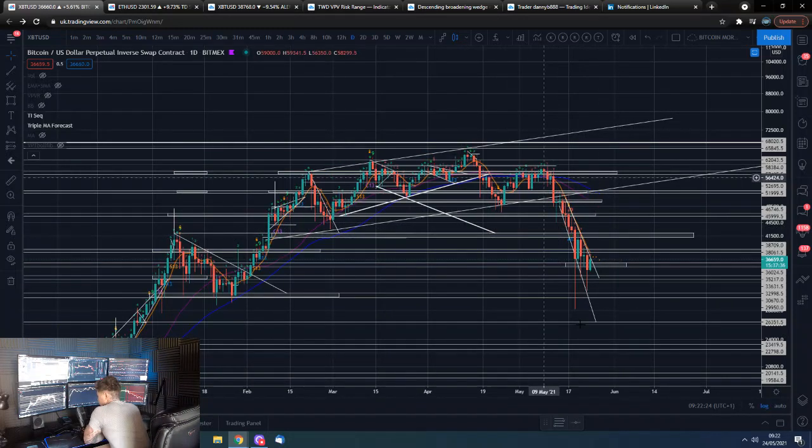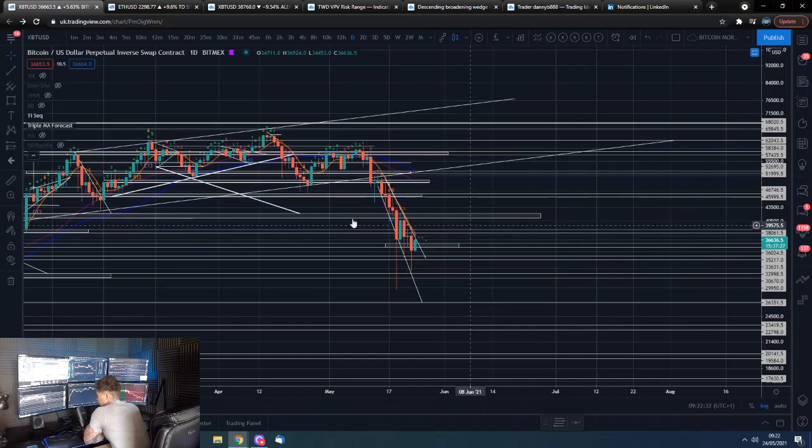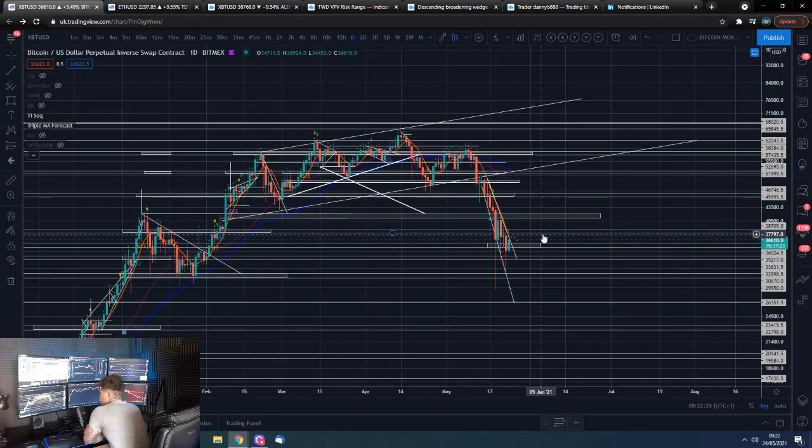This will just look like some obvious distribution pullback, and then once we get back above here, things will start to look bullish again. People do say you expect as much sideways in the distribution as you do for the accumulation, and we may get that. But if the dollar is going to take a dive and the stock market is going to look good, this is the riskiest of risk on assets, and I think this may surprise people with how long it does trade sideways